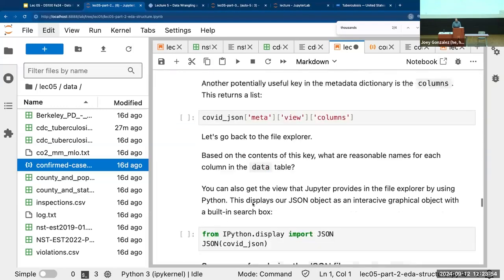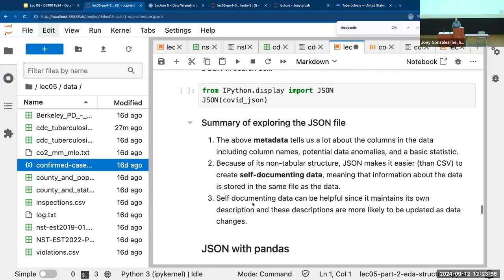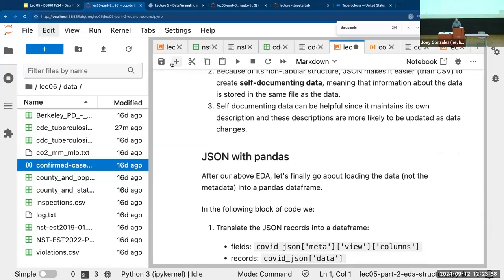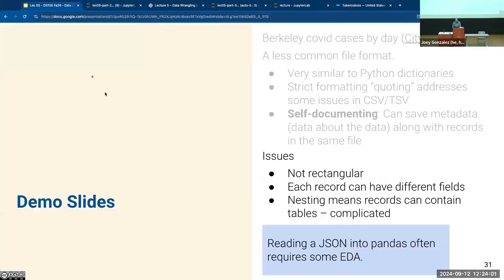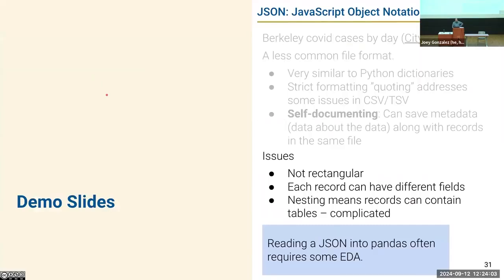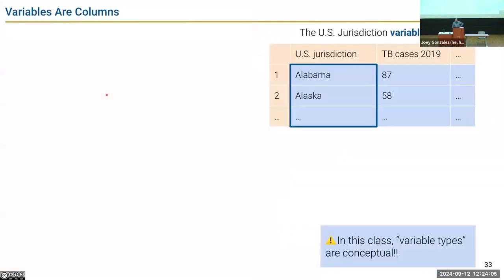All right, I'm not going to go further into loading. You guys can work through playing with the tools here for importing into pandas. I want to keep going so I can get to one last concept before we go to the next thing. All right. Let's talk about types.